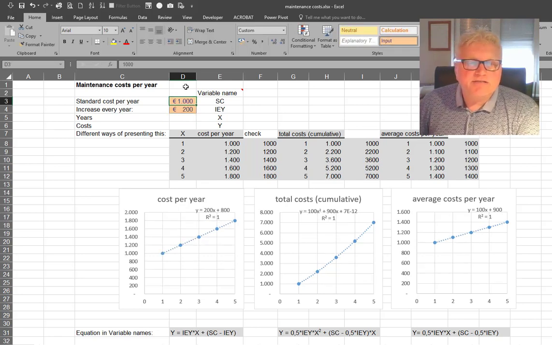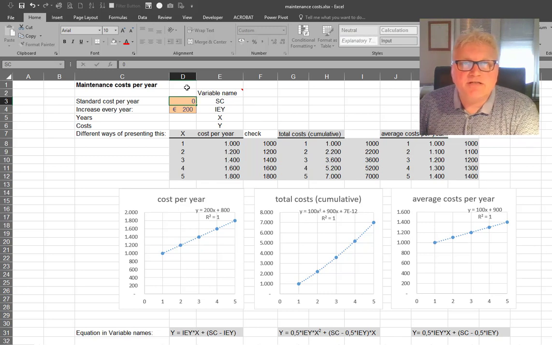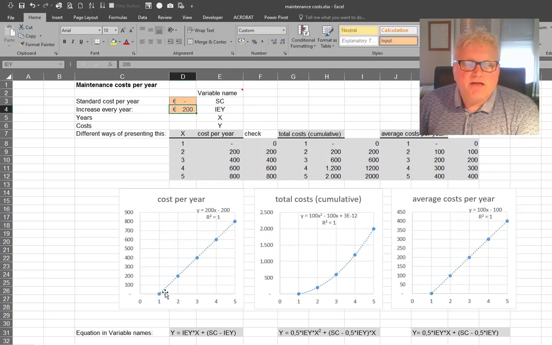And now let's see what happens if the standard costs are 0. That means we only have an increase of 200 every year. Let's see what happens then. We press enter and we see that the cost per year increase every year with 200. We see that the total costs still are exponential, and we see that the average cost every year increase also by an amount of 200. So we put it back in our original values,